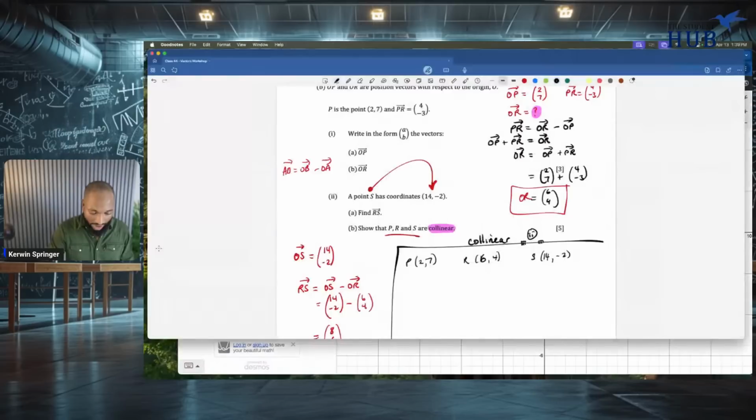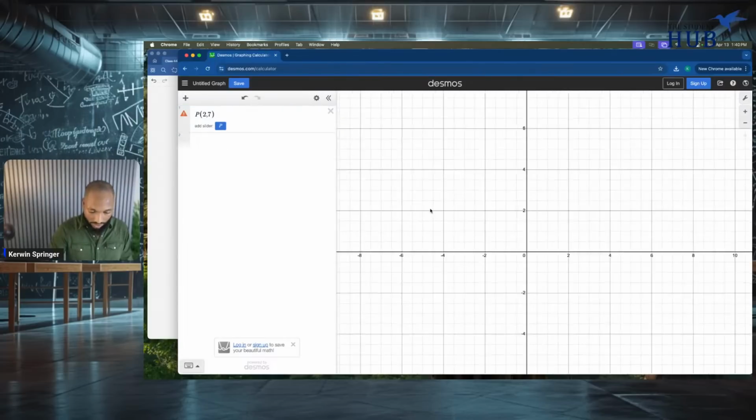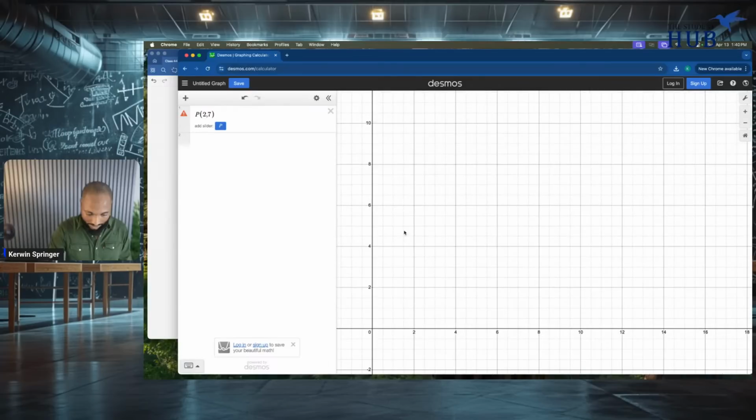All right, so let's see my little graphs today. I want to plot the point P. Let me see if it'll do that. 2, 7. Nothing, right? How do I plot a point on this? Label. Look at that. Oh, cool. P. Nice P there: 2, 7. That's the first time I've done that in life.